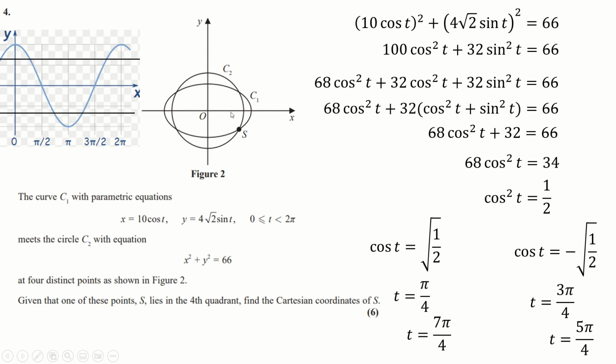You want a positive x value, right? Because you want to be over here, and a negative y. And only one of these will give you a positive x and a negative y. If you don't want to do it like that, what you can just think is you're in the 4th quadrant,